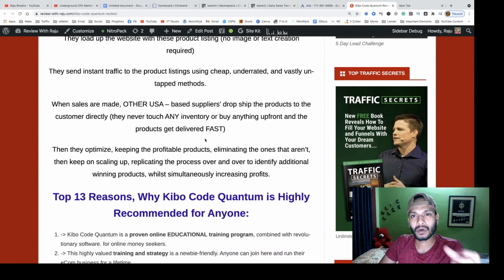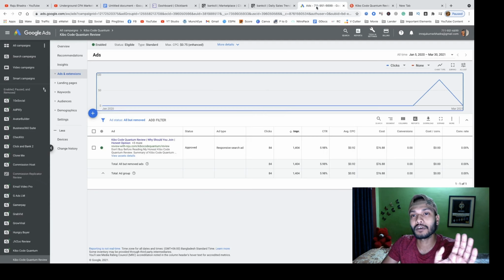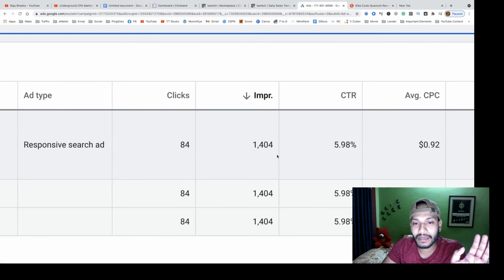If you directly copy and paste from the sales page, then I don't recommend it. You have to write the key features and key points about this product, because people want to know them. For this reason, they come here to read reviews. They want to see the real user opinion. You have to write this type of review, and if you can do it, then you can get more conversions.